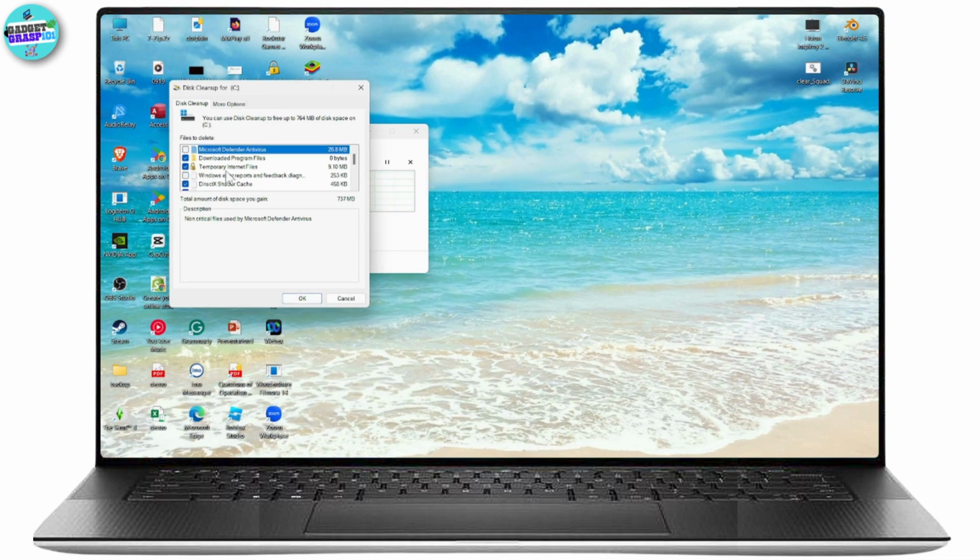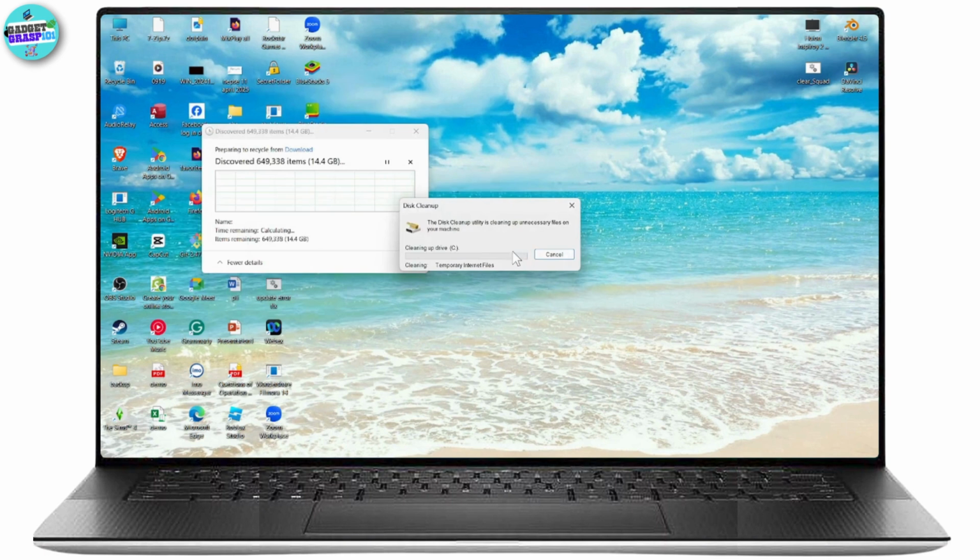Make sure that you've only selected temporary internet files and your recycle bin, your temporary files, and after that go with OK and click on delete files and wait for a few seconds, and it's done. So in this way, you'll be able to clean up your C drive or your Windows space,